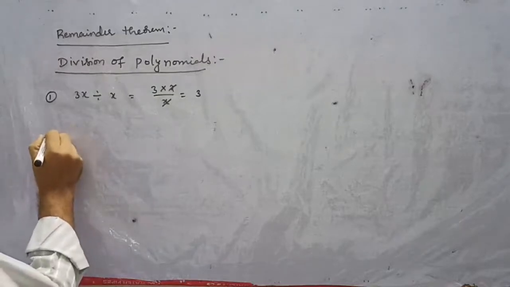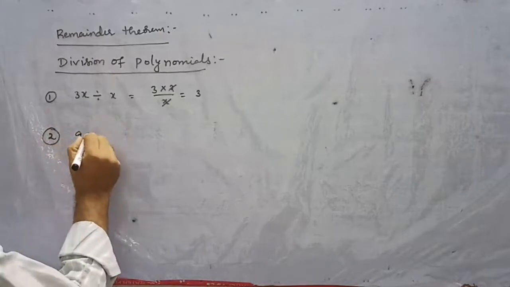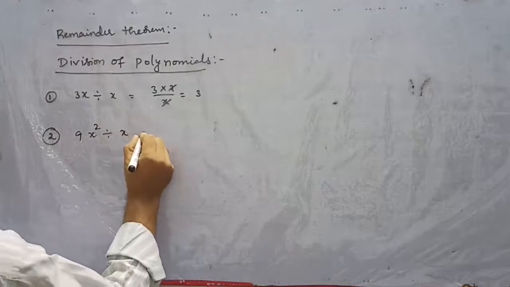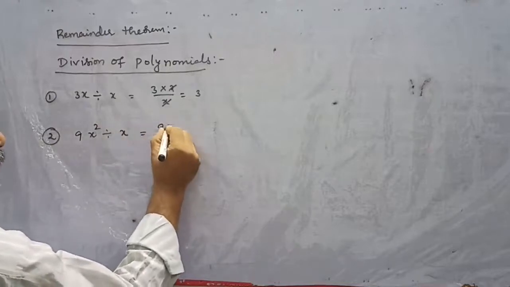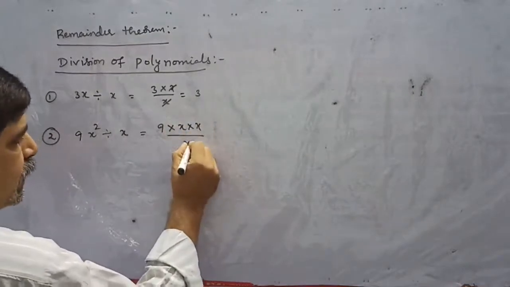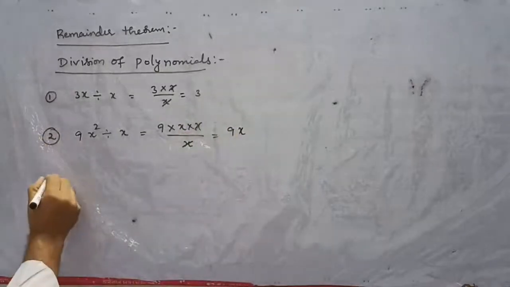Next one, 9x square divided by x. How much we get? 9x square can be written as 9 into x by x. X gets cancelled, that is equal to 9x is the remainder. Third one,